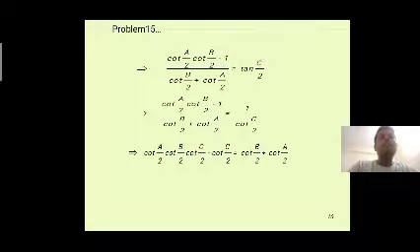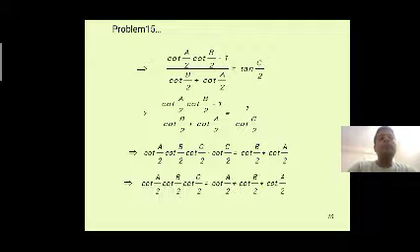The next step we can do the cross multiplication. We write here cot a by 2 into cot b by 2 into cot c by 2 minus cot c by 2 equal to cot b by 2 plus cot a by 2. Now we take the minus cot c by 2 to the right side. We get cot a by 2 cot b by 2 cot c by 2 equal to cot a by 2 plus cot b by 2 plus cot c by 2.